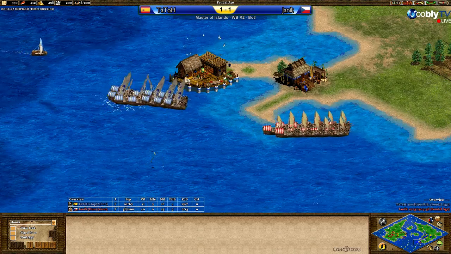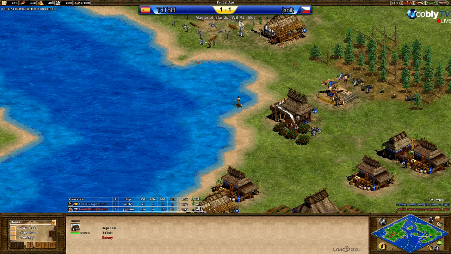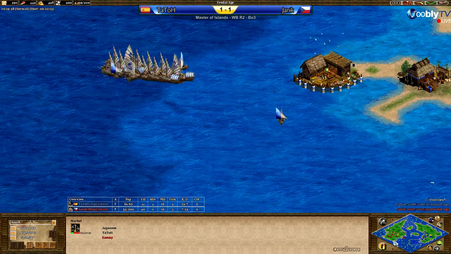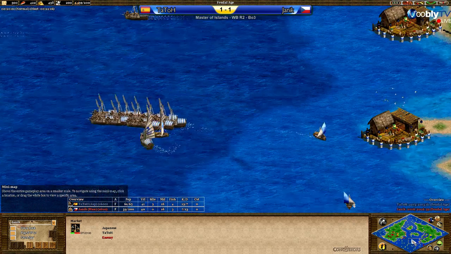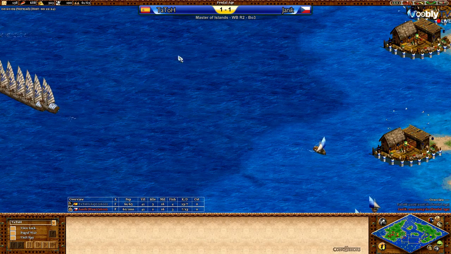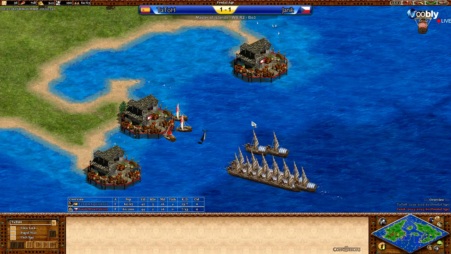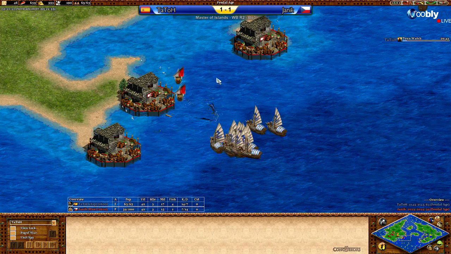Janik, as we thought, is 200 food behind TaToH. These deer really helping, along with the fishing ships. The market will come up for TaToH, and he'll be on his way in probably about 30 seconds, I would think. Let's switch back to his point of view. Yeah, I mean, he could even sell 100 stone if he wants to, but it's not necessary. He's going to pick up the fishing ships, and now TaToH